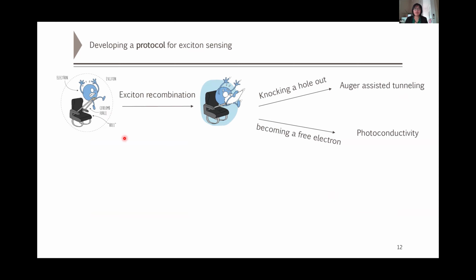So we wanted to develop a protocol for exciton sensing. Excitons have the fate to recombine after their excitation after some time. So then its recombination can either knock a hole out by giving up some energy to a different free carrier. And then this free carrier now has a lot of energy to go through some energy barriers. So then we call it Auger-assisted tunneling. On the other hand, it can also become trapped, like partially trapped. So the hole becomes trapped, and then the electron becomes a free electron, and that can give rise to some photoconductivity. So then both processes will give us the so-called